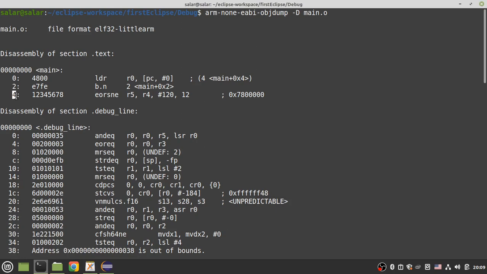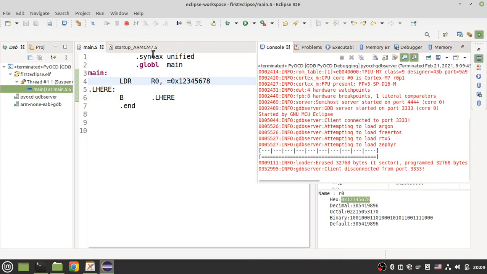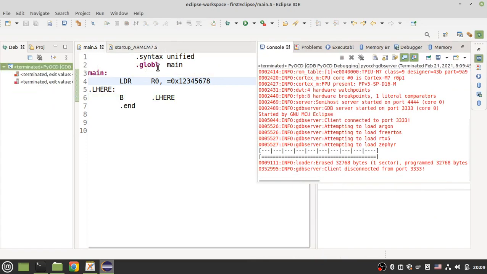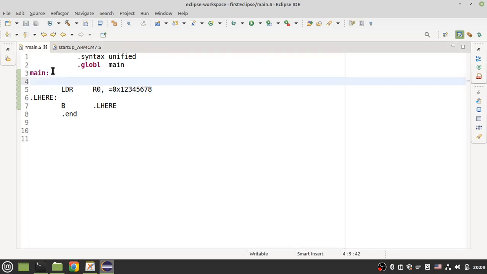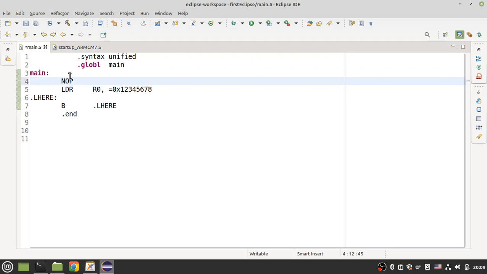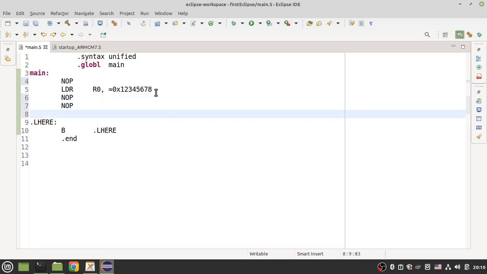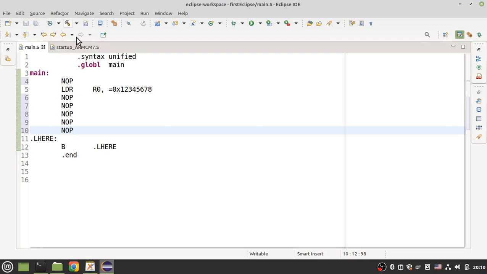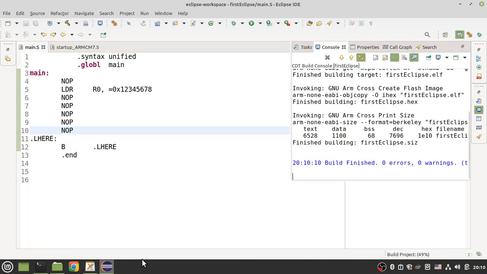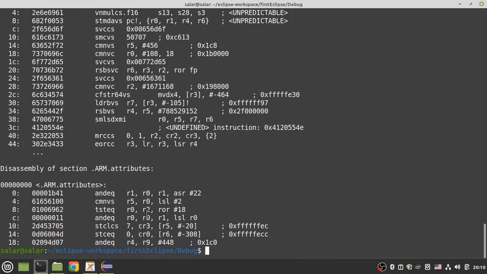Let's change my code and make it more complicated. First, stop debugging and add some instructions to my code. For example, no operation. No operation is an instruction that does nothing, okay. For example, add some no operations in my code, 3, 4, 5, okay. Let's make my project, and another time see